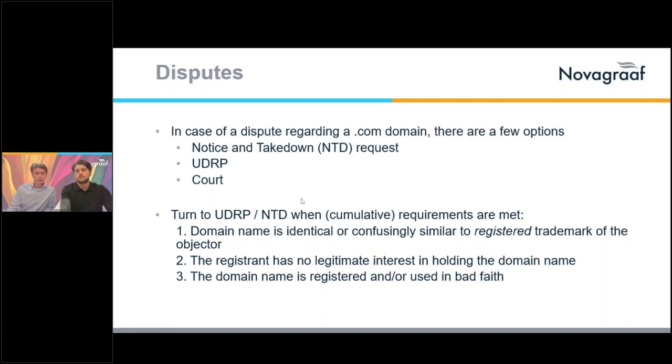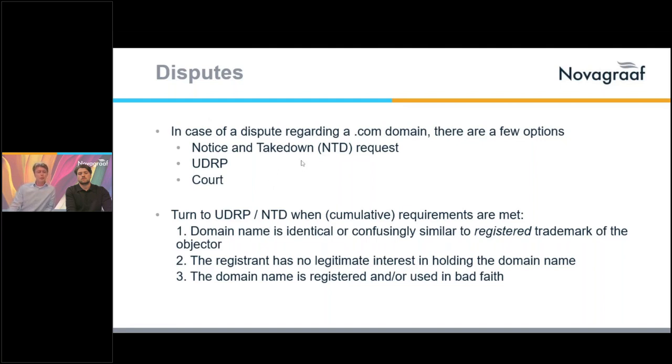You can file a notice and takedown request with the web host or the registrar, to block or acquire that domain name. You can file a uniform domain name dispute resolution policy with the official instances. The most familiar one is WIPO, the World Intellectual Property Organization, and they will then settle the dispute with regards to the domain name in question. And you can always go to court to appropriate the domain name or have it blocked. This is, of course, very costly, but then you also can claim damages if the infringement was heavy.